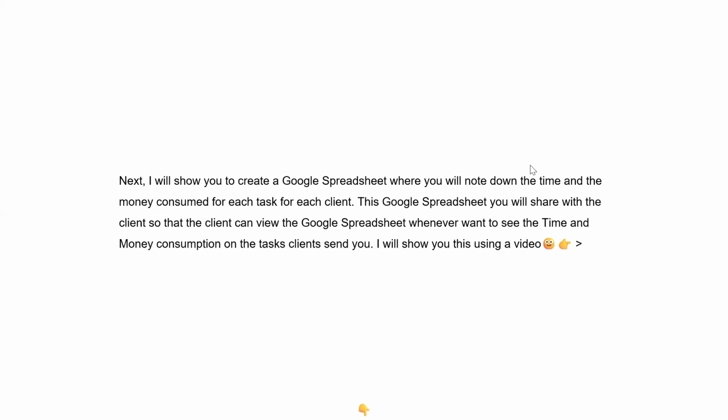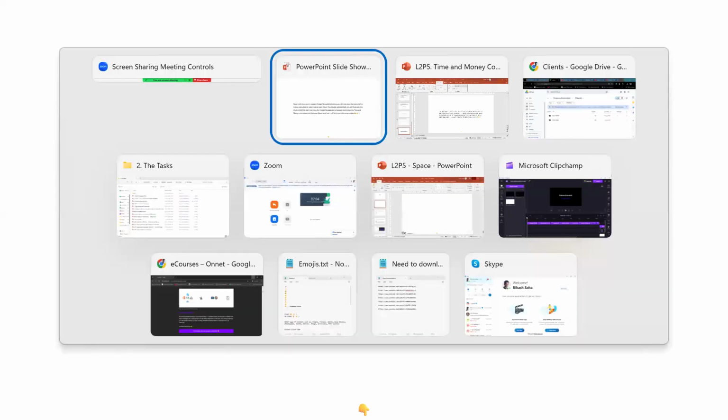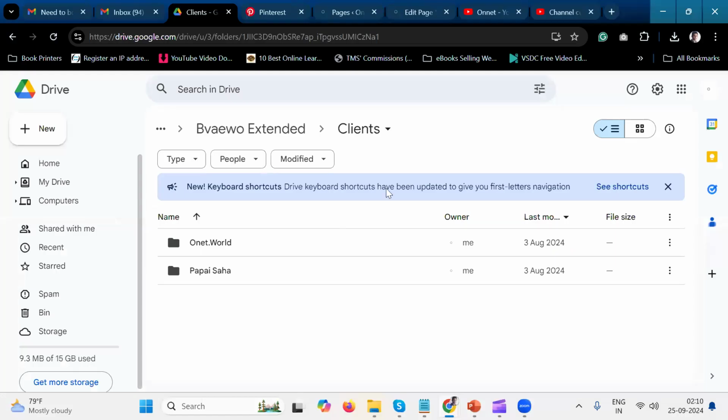Hi, in this video, I will show you how to create the Google spreadsheet where you will be storing the time and money consumption for the tasks you perform for the clients. So let's go to Google spreadsheet. To go to Google spreadsheet, I'll go to the Google Drive where I'm keeping the files and folders